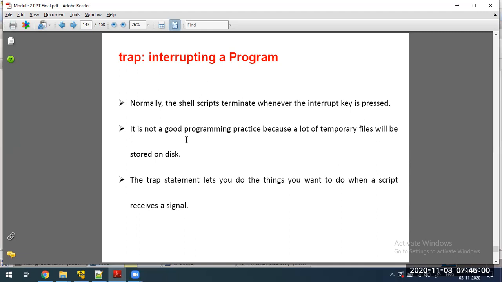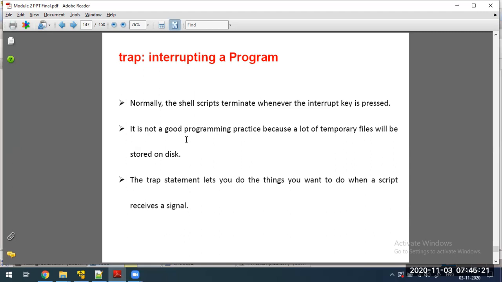During the program execution, I forcibly stop the execution. Whenever I stop, the shell script will terminate. But what happens is, many temporary files will be created and stored in the disk. They will consume the space.